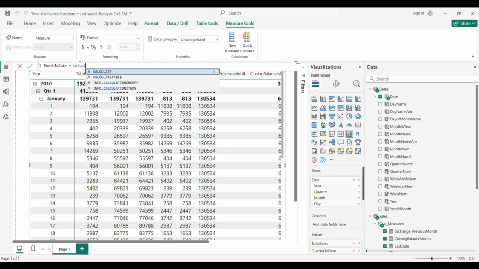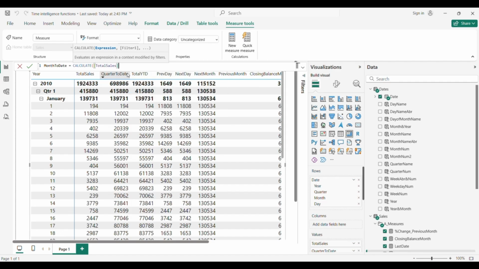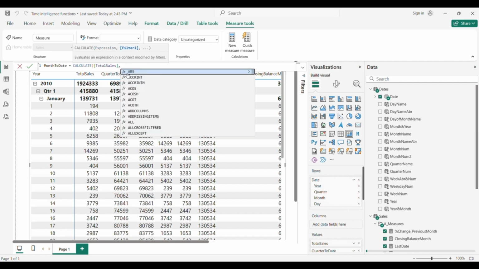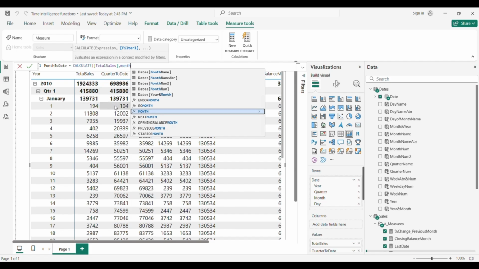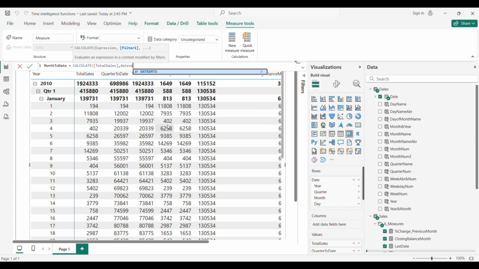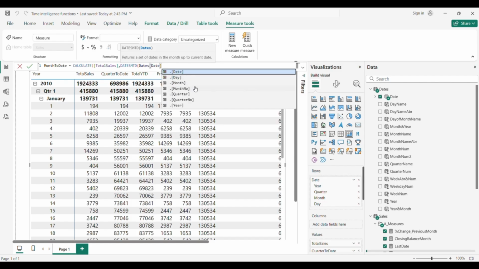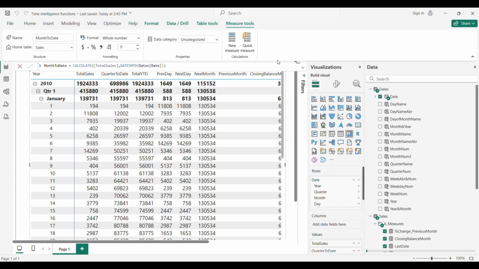So we calculate again total sales and eventually dates month to date. We add our dates inside, close parentheses.